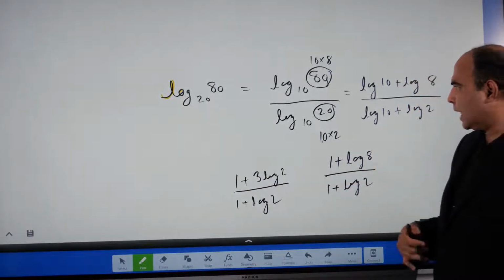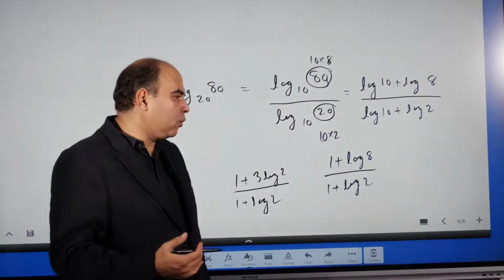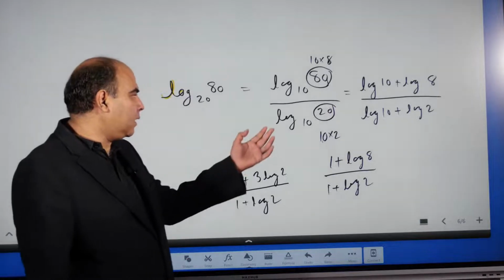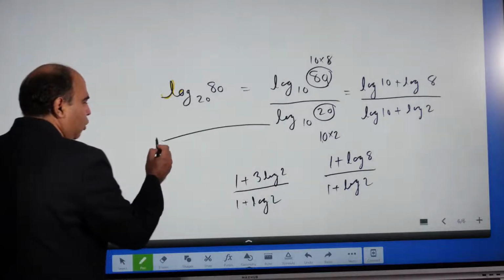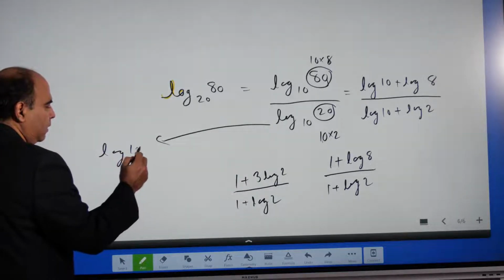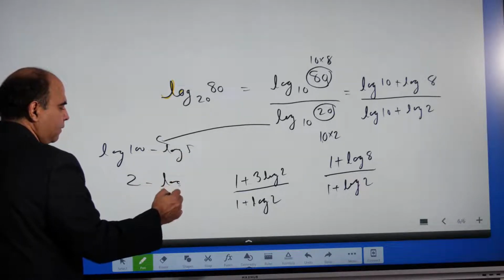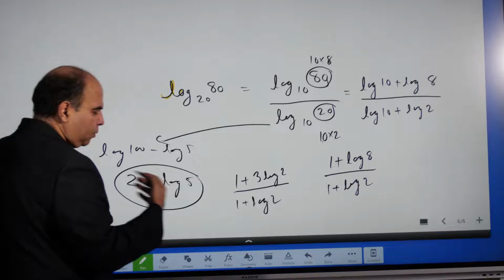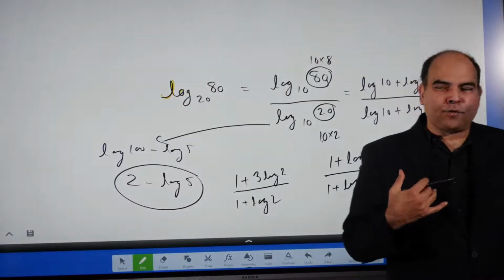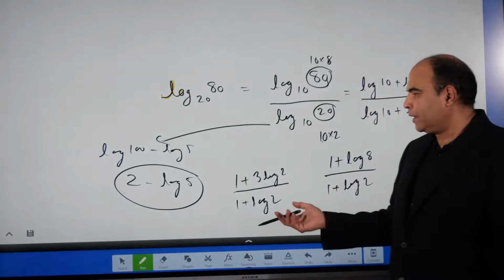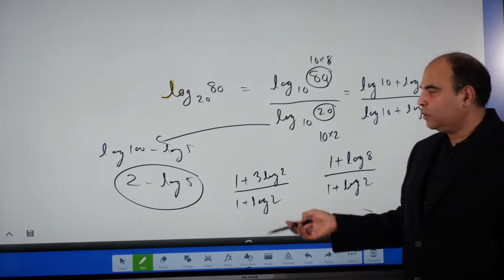So this is a sample utilization which sets you free, and of course you also had the option of writing 20, for example, as 100 by 5, in which case you could have also shifted the denominator to log 100 minus log 5, which is 2 minus log 5. You could have done that too. So there are so many options that you have. Which one you use will depend on, I mean this will typically be part of a simplification question. So if the option has the log 5 in the denominator, you'll go in that direction, 100 by 5. If the option has a log 2 in the denominator, you'll go in this direction.